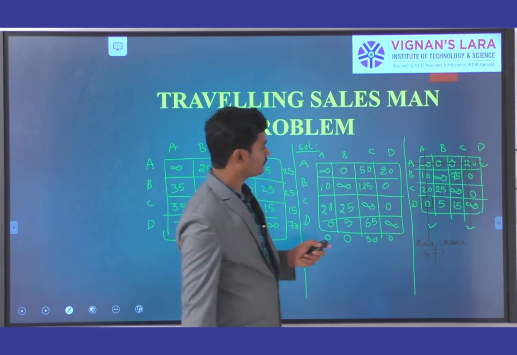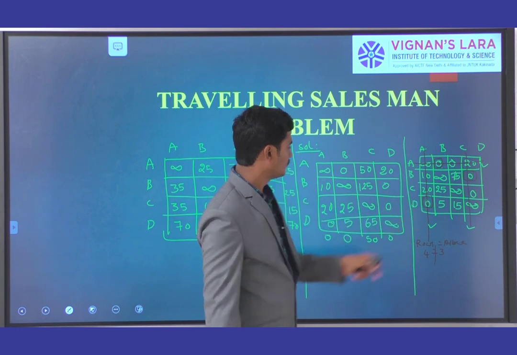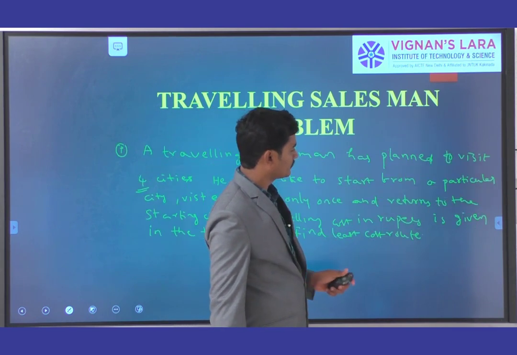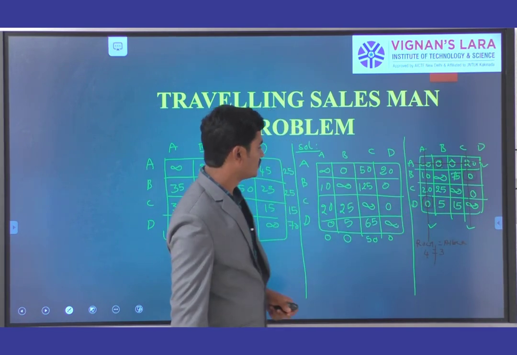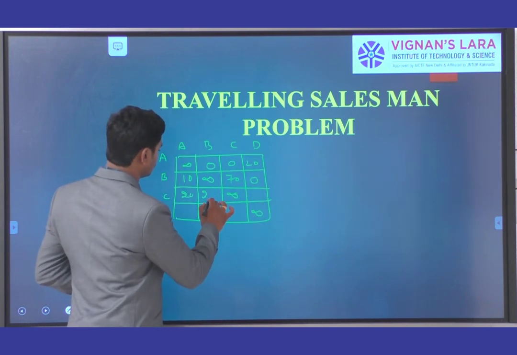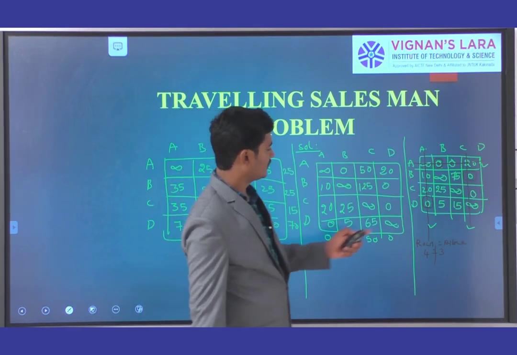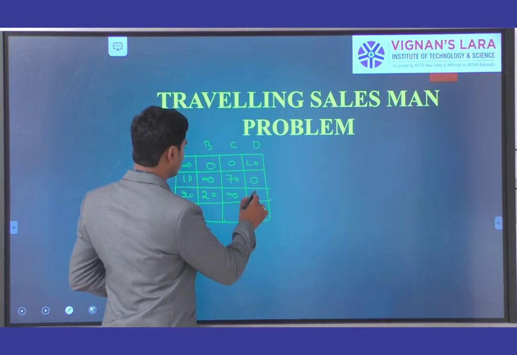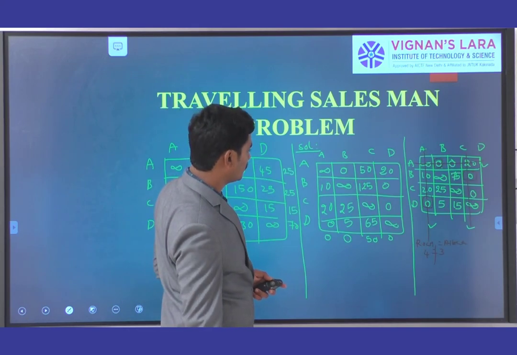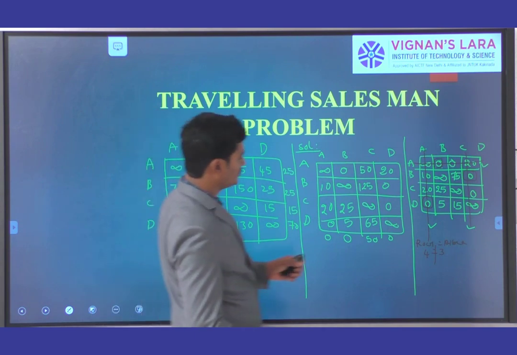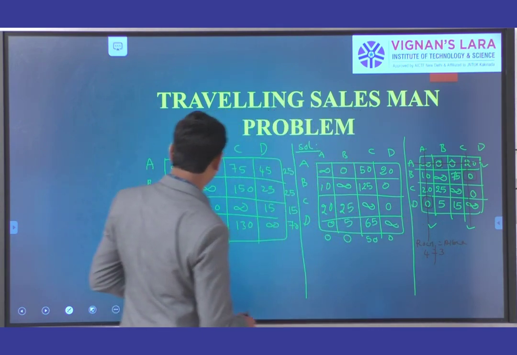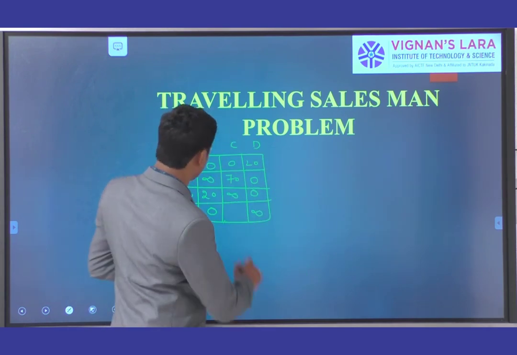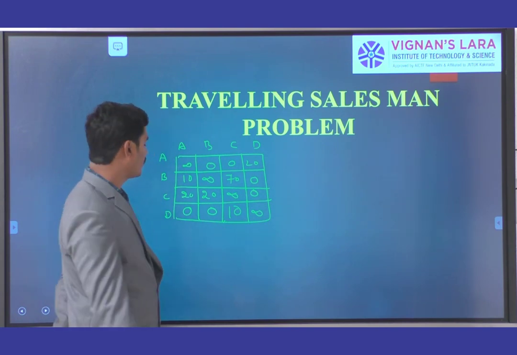Next coming to the third row. Here 20, single line, so we take this 20. Next here 25, there is no line, so we are going to subtract 20. Here infinity, 0, infinity and 0. What is the 0? There is no value, so we take 0. Next coming to the fourth row, here 0 single line is there, so 0. 5, there is no line, so we are going to subtract 5. Next 10.